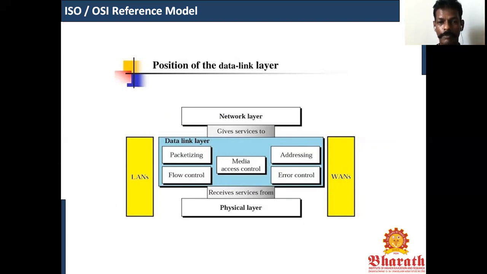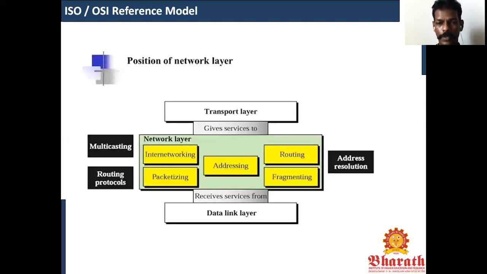I'm going to send from the source to the destination machine by using addressing called MAC addressing. In the case of your network layer, it receives the services from the data link layer. That is, it receives a collection of frames. A collection of frames is called